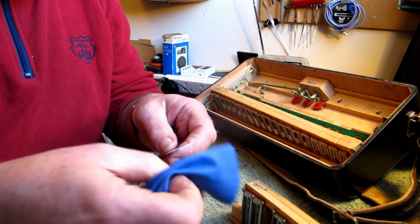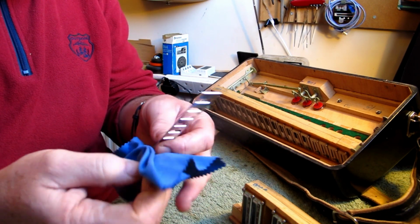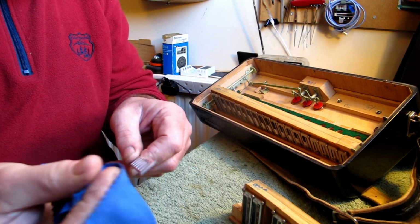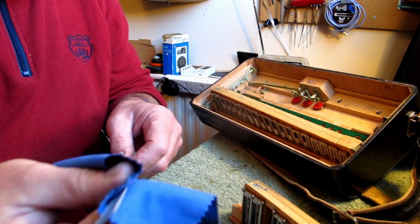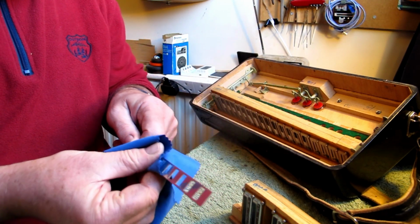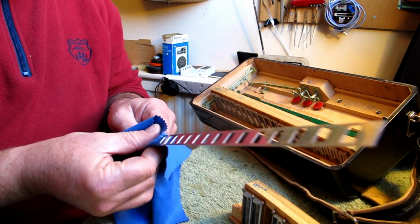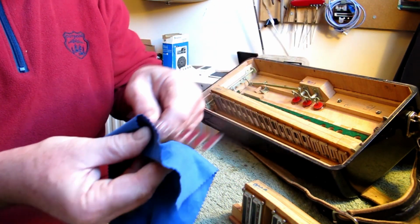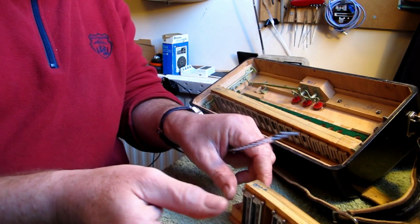bent, and then once they start getting kinked or bent, you've got a devil of a job getting them back in again. So you've got to keep them flat, you've got to keep them straight. So I'll give that a little polish. There you go, and then I'm just going to put it back into the